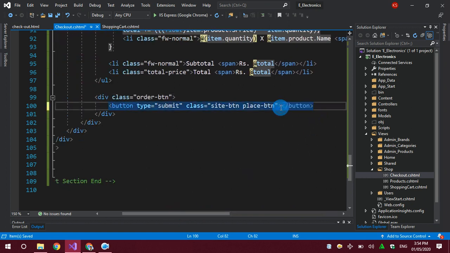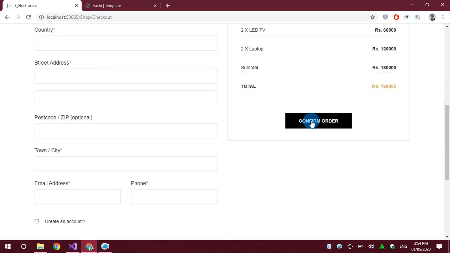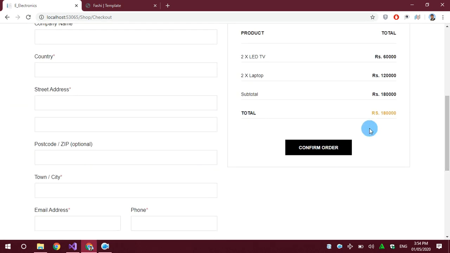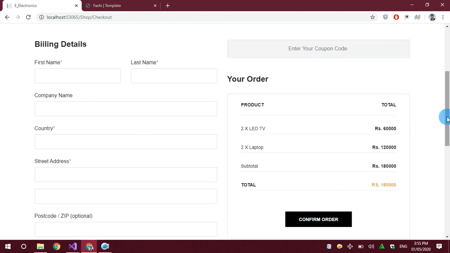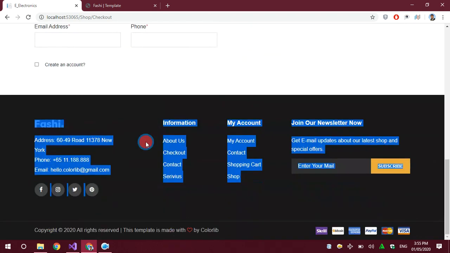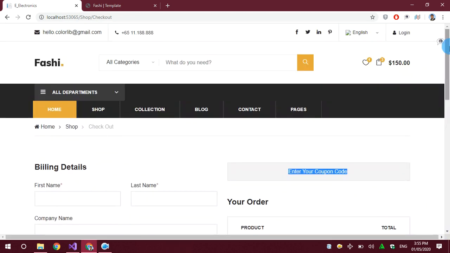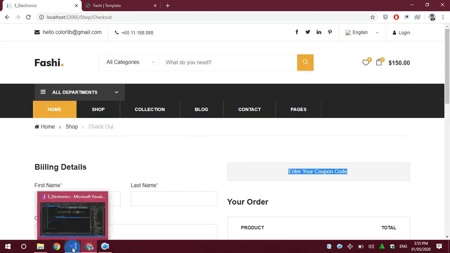So I will write here confirm order. Now it looks pretty good. Whenever the user clicks on this button, all the order details and personal details will be saved to the database, and the user will be notified with an email that the order has been confirmed.